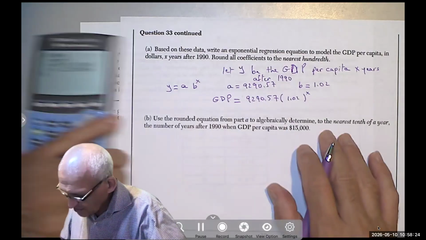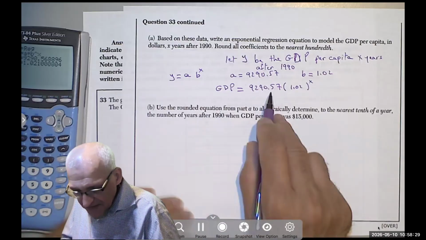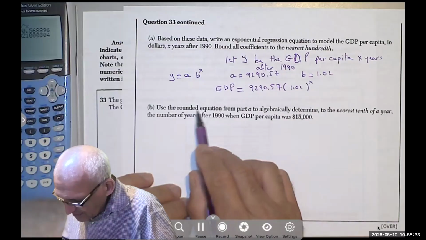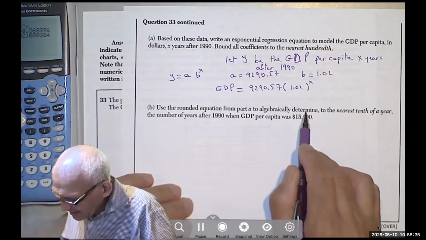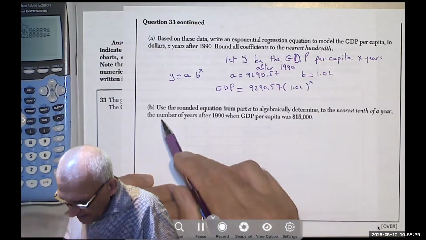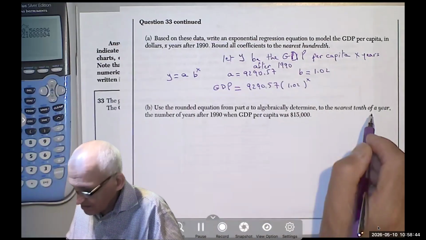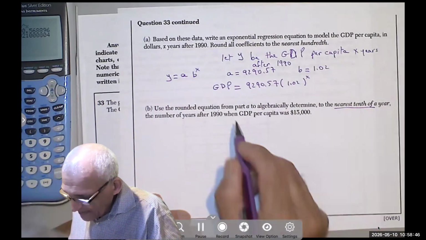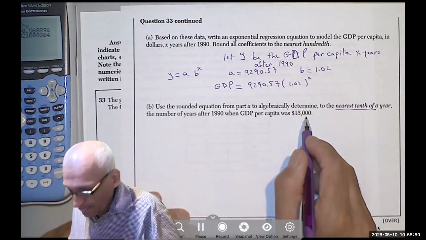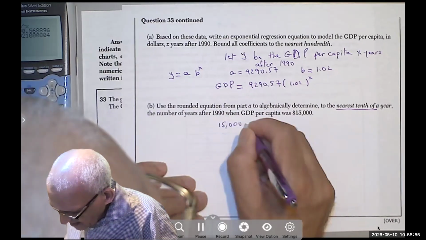Okay, so that's dollars per capita. Use the rounded equation from part A, so don't use the stored value. They tell you to use the rounded equation in part A to algebraically determine, to the nearest tenth of a year, the number of years after 1990, meaning X, when the GDP per capita was 15,000. Okay, so we write GDP, $15,000, equals